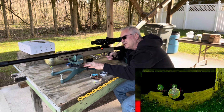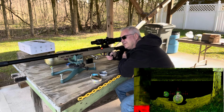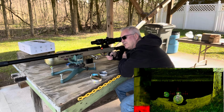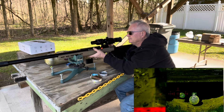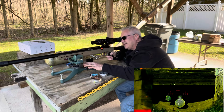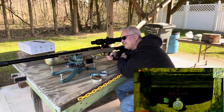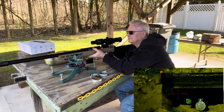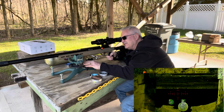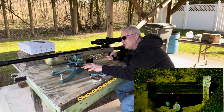All right, so I think I'm going to have to hold over just a little bit. Maybe we'll try holding our 0 point right on the bolt of the plate there. Nope, still a little low. All right. Let's take her up a little bit higher. Still a little low. All right. We're getting close though. Let me zoom out a little bit here so we still have our, so I'm going to hold right on the